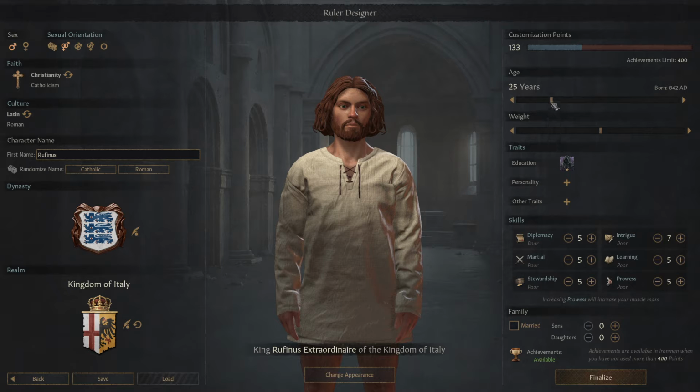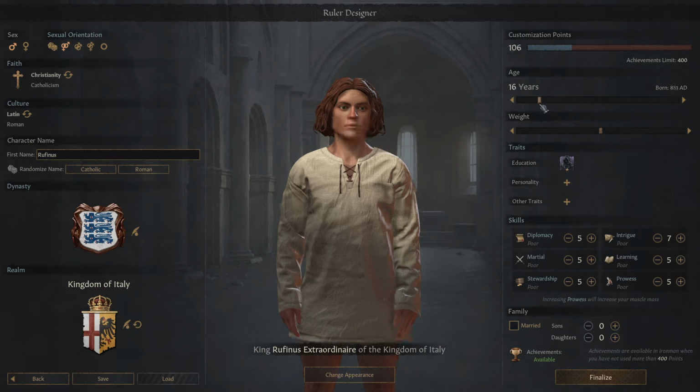playthrough. So, for example, 25 is what the game sees as a pretty good point to have your age, as you see here. 24, 26, 27, 28, etc. If I go below 24 or above 28, then it starts to detract these points because it thinks I'm giving myself some kind of a disadvantage, which can